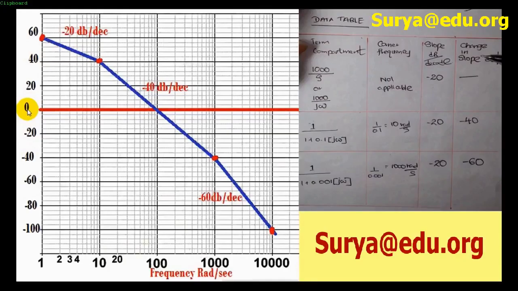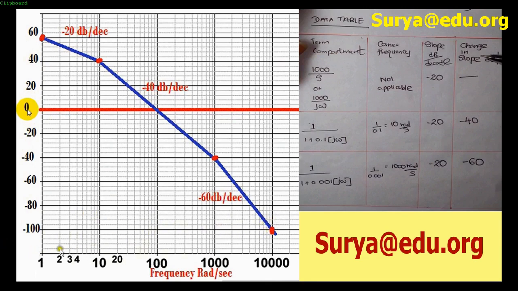Okay guys, so now we are going to sketch the magnitude plot. I think the previous part I already explained to you about the semilog graph. Now I told you in the semilog graph there are certain divisions, right? There are certain ranges that are divided based upon the power of 10. That means the first division is for 10 to the power 1, the next division is for 10 to the power 2, the other division is 10 to the power 3, and the next division is 10 to the power 4.